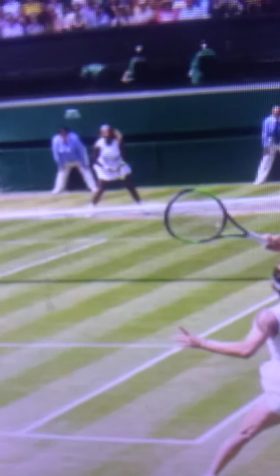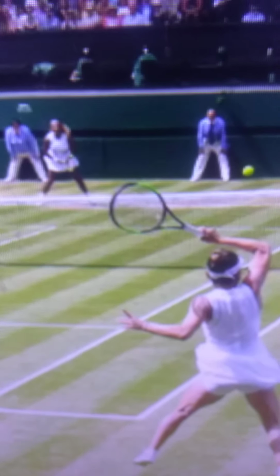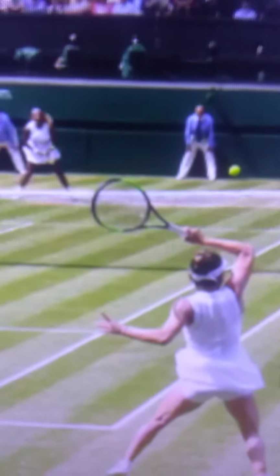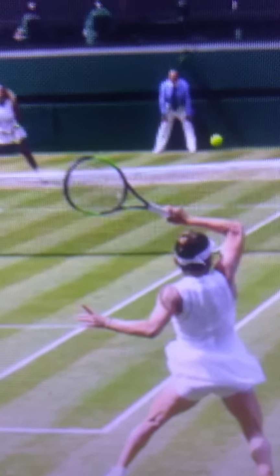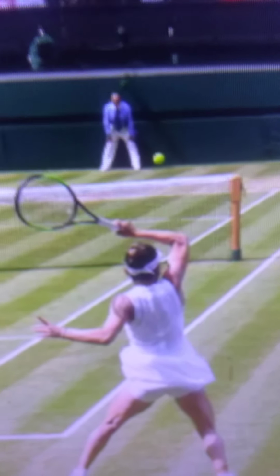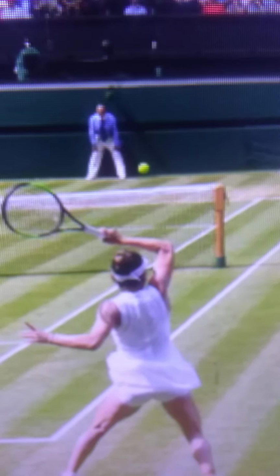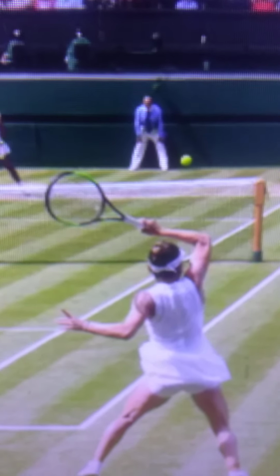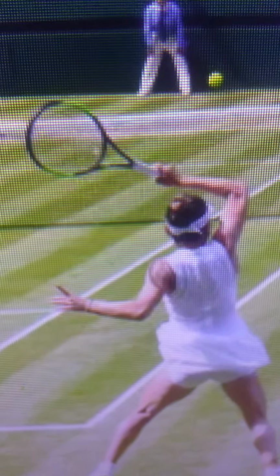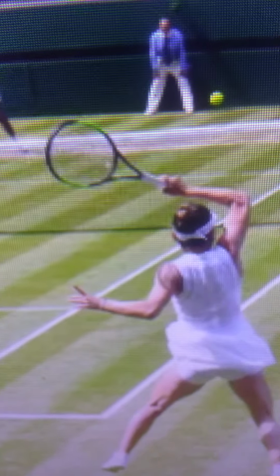Slow down. That's key. If you get out there and you lose the first game, sit down. Sit down and think about what you're going to do for the next game. Because remember, 95% of the time, the person who gets to that third game first is going to win the match. Always have your towel with you so that even if it's on the first point of the match,